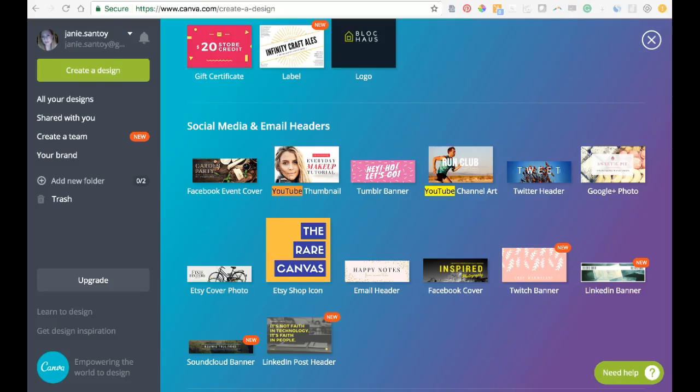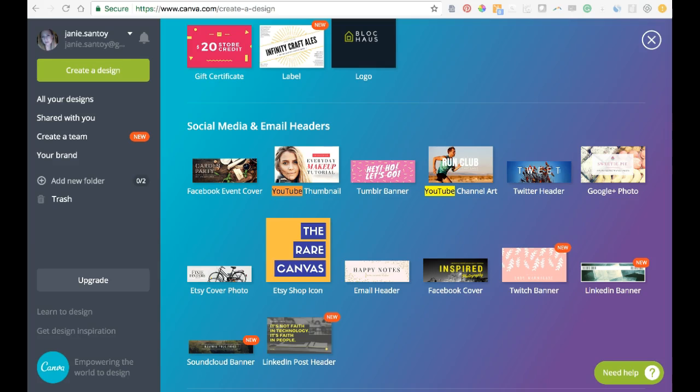So one of the things that's very important for your video, so that your audience will find your videos and to make them compelling for someone to click on, is to create a YouTube thumbnail. Now there's a lot of different ways to create it, but the easiest of course is to use Canva because they have pre-selected dimensions. So they've already created the dimensions and all you have to do is create the image